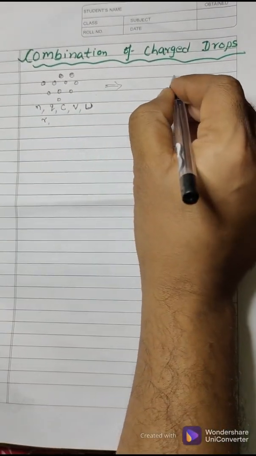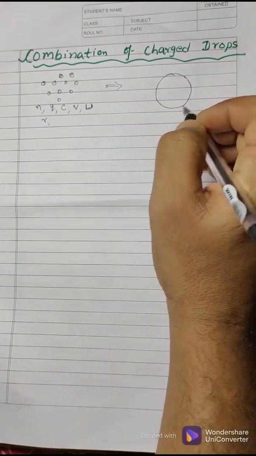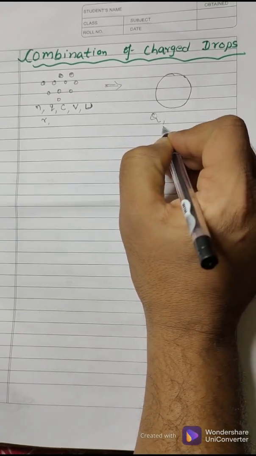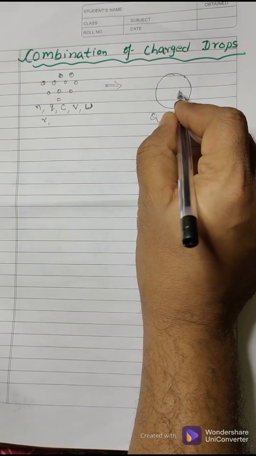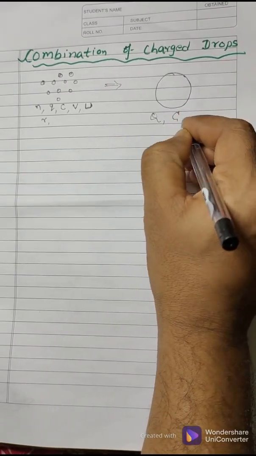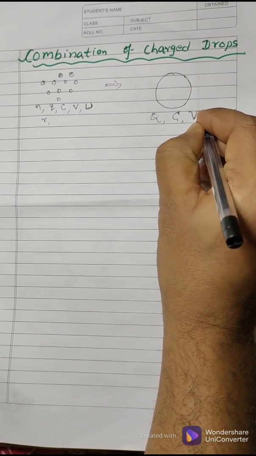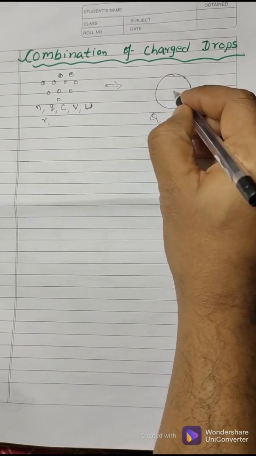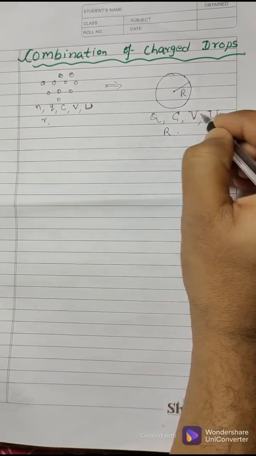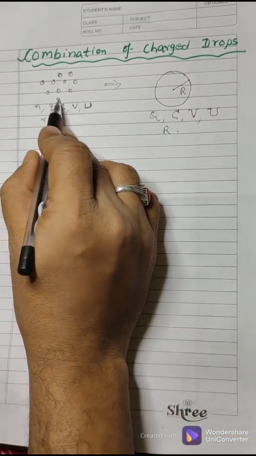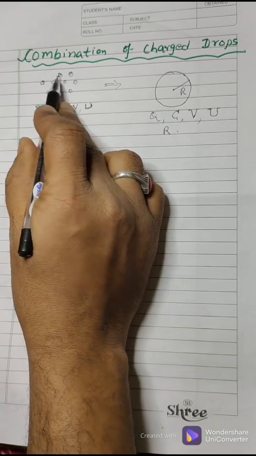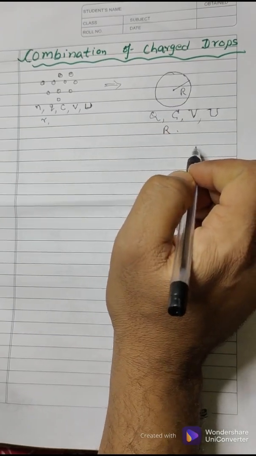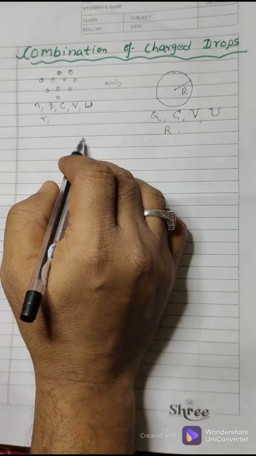When they are combined to form a bigger drop, let us say this becomes a single drop of total charge capital Q, capacitance capital C, potential capital V, energy capital U, and radius capital R. So these are the values for the single big drop formed when all are combined. Therefore, the relations among these parameters. The first one is